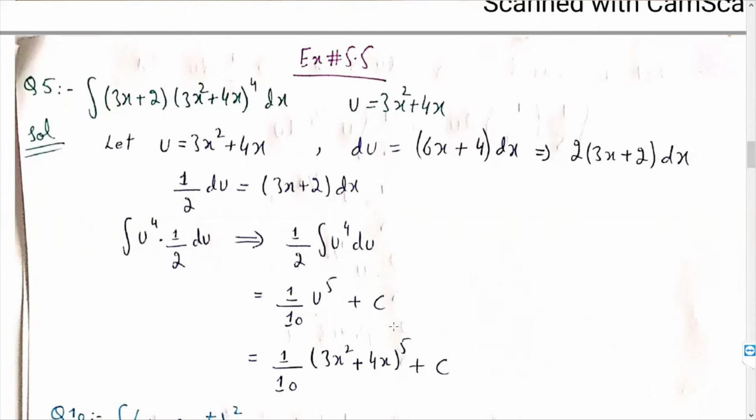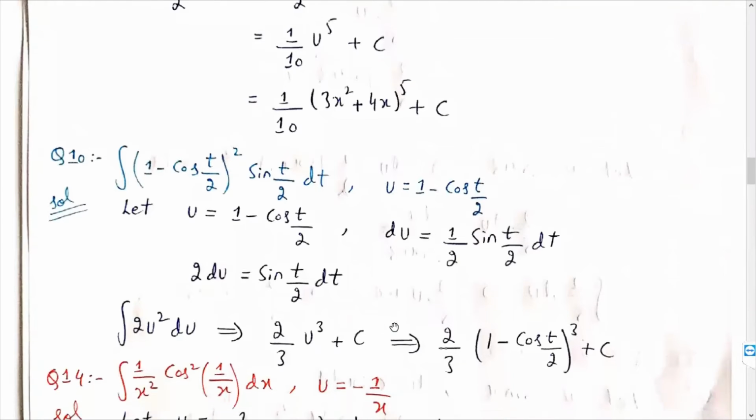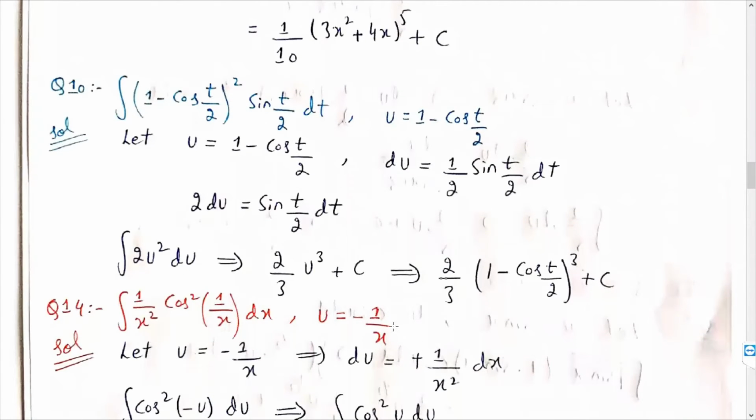Doing back substitution, I am getting this expression. Now moving towards question number 10. Integral of (1 minus cos t by 2) whole square times sine t by 2 dt, and the substitution is u equals 1 minus cos t by 2. Let u equal 1 minus cos t by 2, taking derivatives